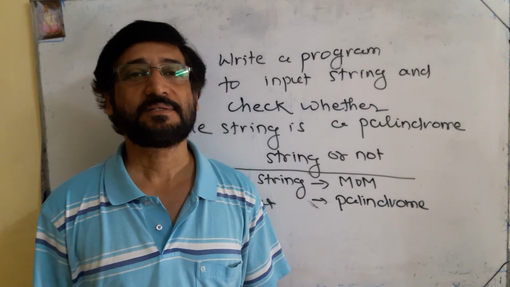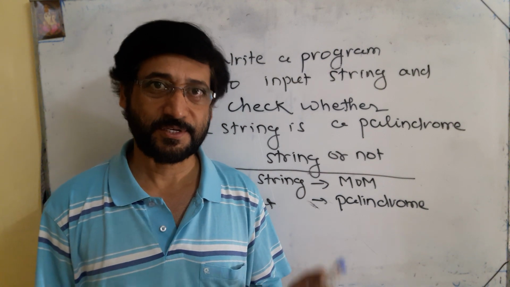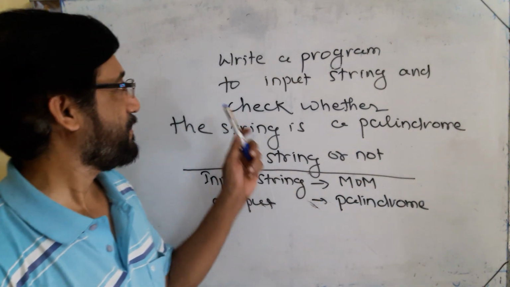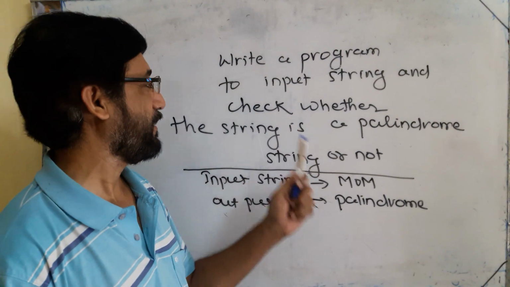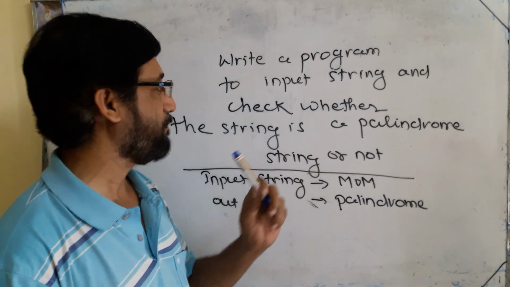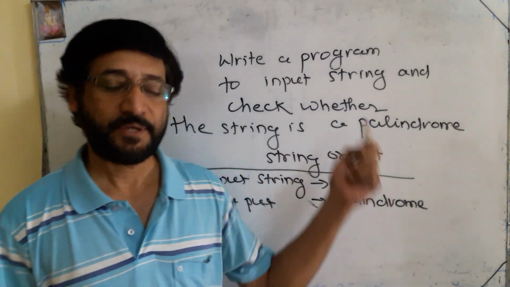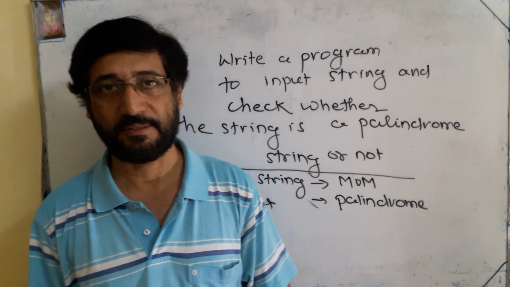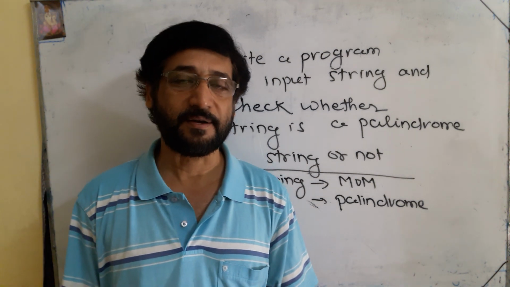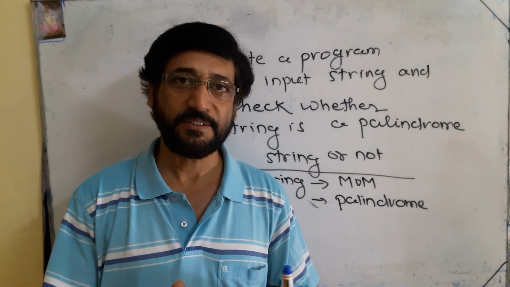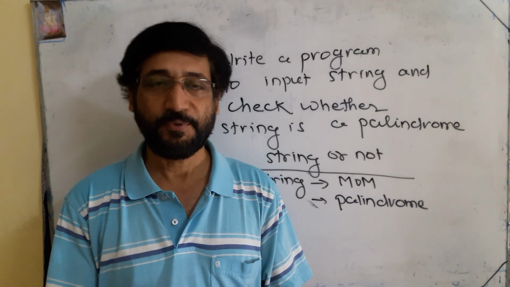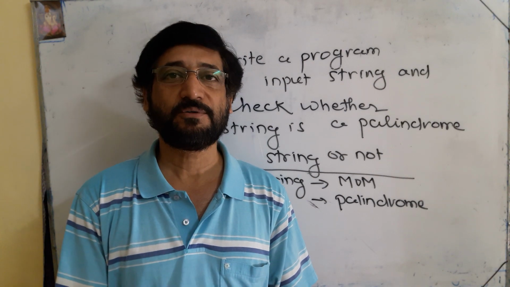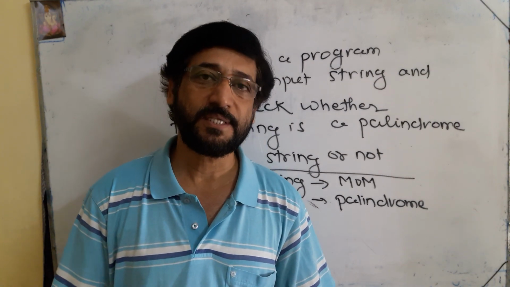Today we are going to discuss some programs based on string. The program is: write a program to input a string and check whether the string is a palindrome string or not. A string is said to be palindrome if the string is equal to its reverse. If you reverse the string and it is equal to the original string, then it is known as a